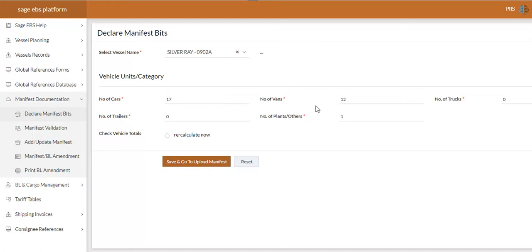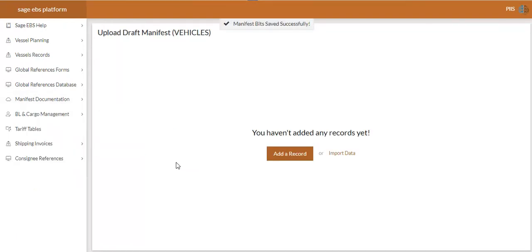We have 17 cars, 12 vans, and number of plants to be one. So we have to recalculate, tick this box, bring us the total number, which is 30, save, and we are going to click save and go to upload manifest.